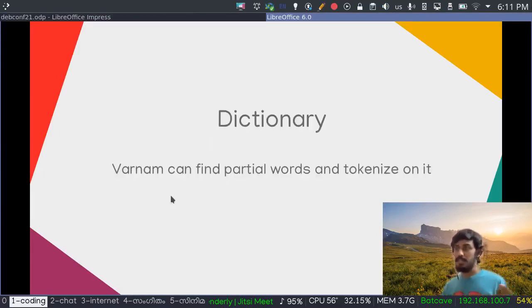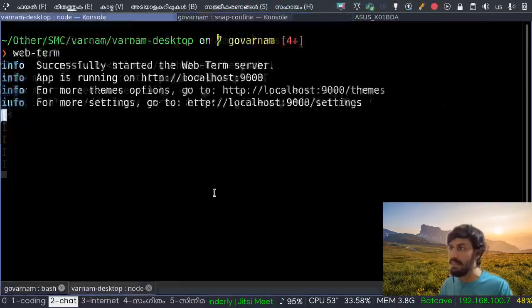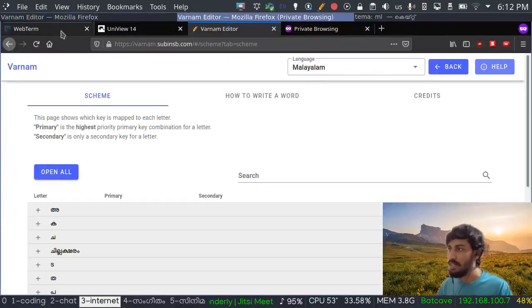And Varnam has another special feature. It can find partial words. By partial words, I mean, suppose an example I can give is endani ivide. The dictionary would have the word enda or endan. In this case, we can see that the dictionary has the word enda. So why not just tokenize the rest of them and add to the enda? I hope you can understand. So we got the word enda from the dictionary and then we tokenize the word nivide. We will get multiple combinations for nivide. Let's try nivide right here. Where is our terminal?